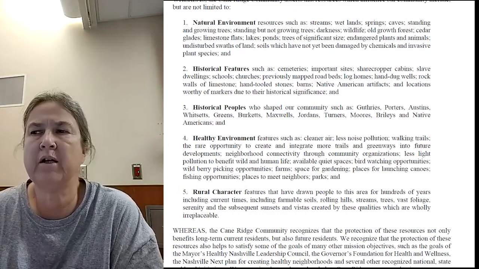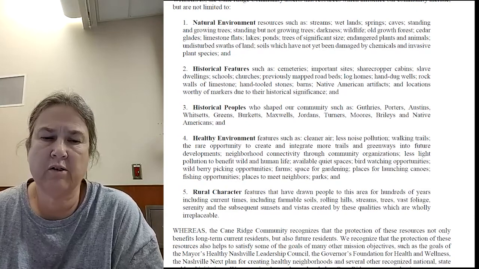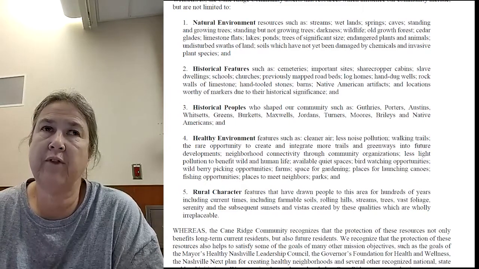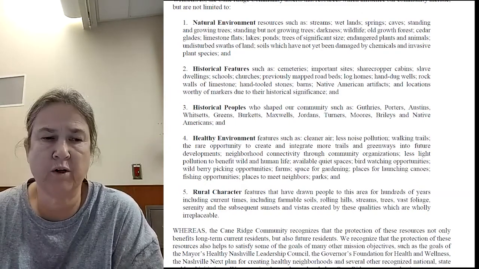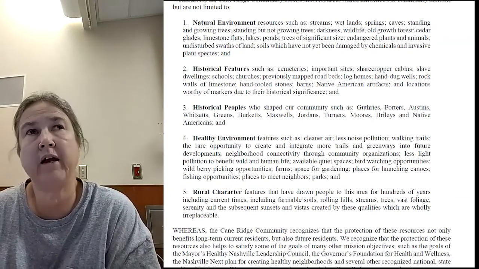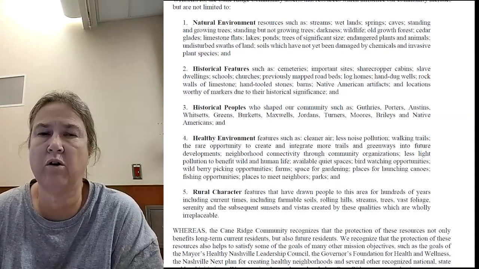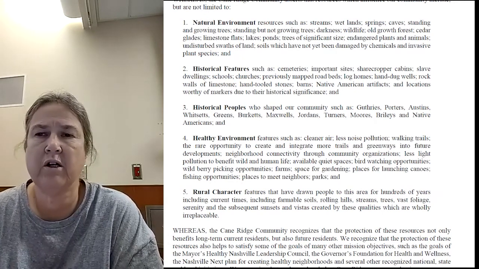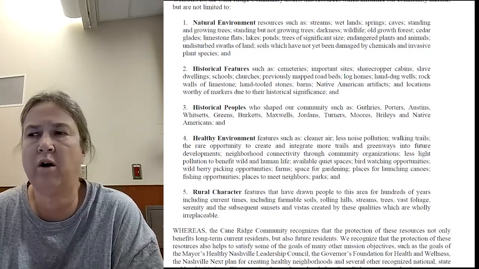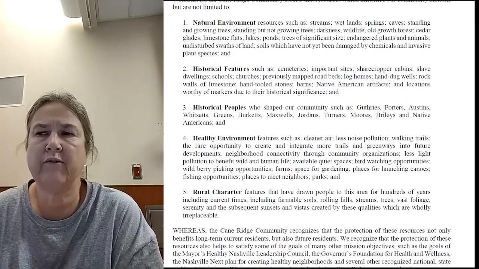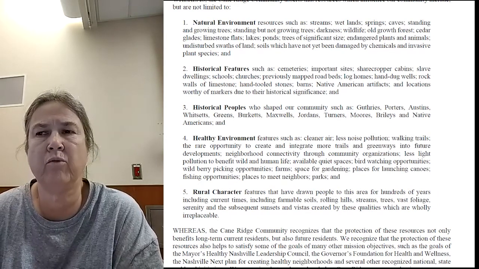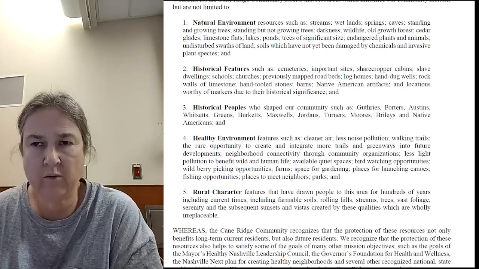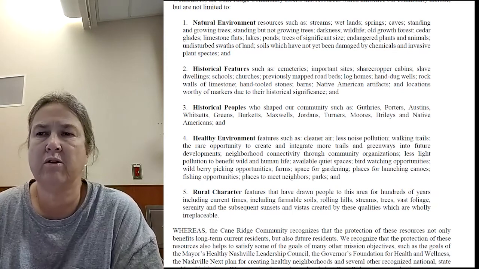With many, many of them, we found the old cemeteries, and often would find the slave cemeteries with them. Some of the ones we found, they thought had been lost. For instance, there's one called the Pasquite cemetery, and they actually thought that one had been lost to I-24, but it is still back there with a very large white section and a very large slave section. So things like that are very important to us. We don't want any more of those destroyed. We still have a standing sharecropper cabin, and we know the families who lived in that. We have a standing slave dwelling, and we know a family that lived in that. So those things are important to us.